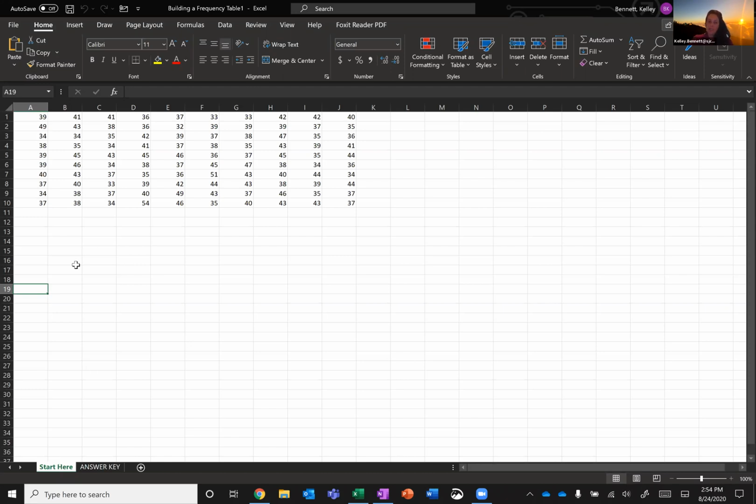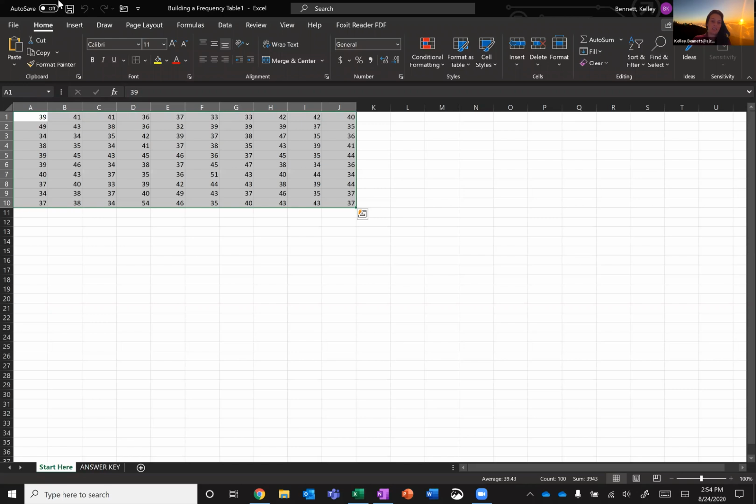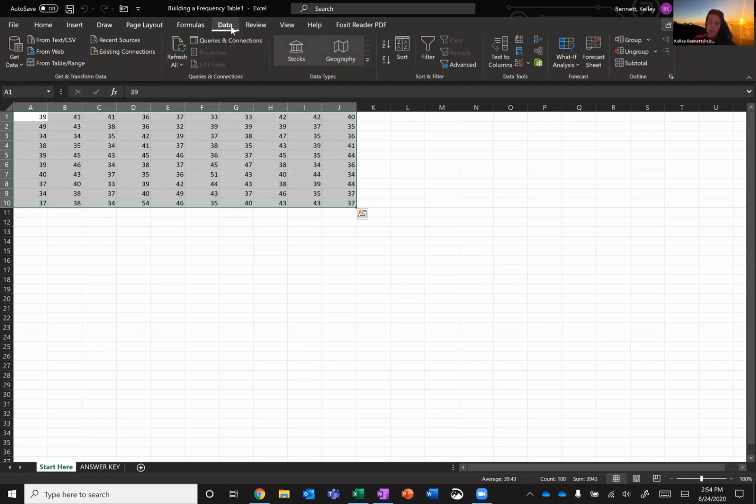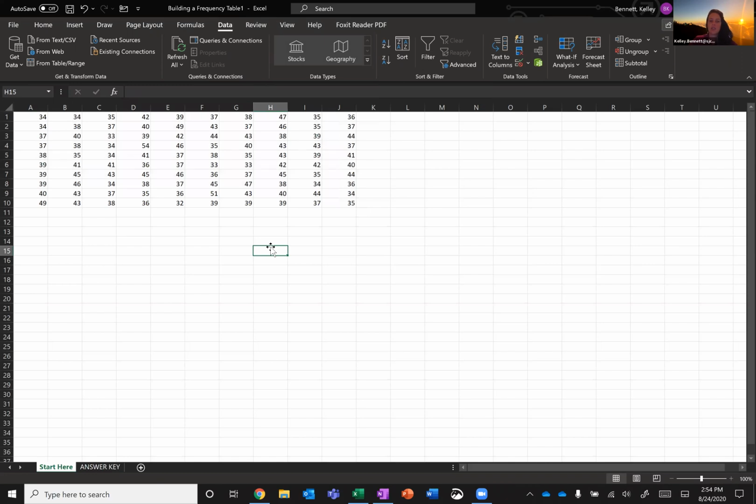I need to order my data, but if you try to highlight an array of data in Excel, and let's say you go over to your data tab, which is where all the good sorting happens, and you want to sort from high to low, A to Z, you can do that, but notice that the data isn't actually sorted. It's only sorted by the first column. So the first column is the only thing that's in order from high to low, and everything else is kind of still random. So the way that I'm going to fix that is I'm going to highlight everything except for